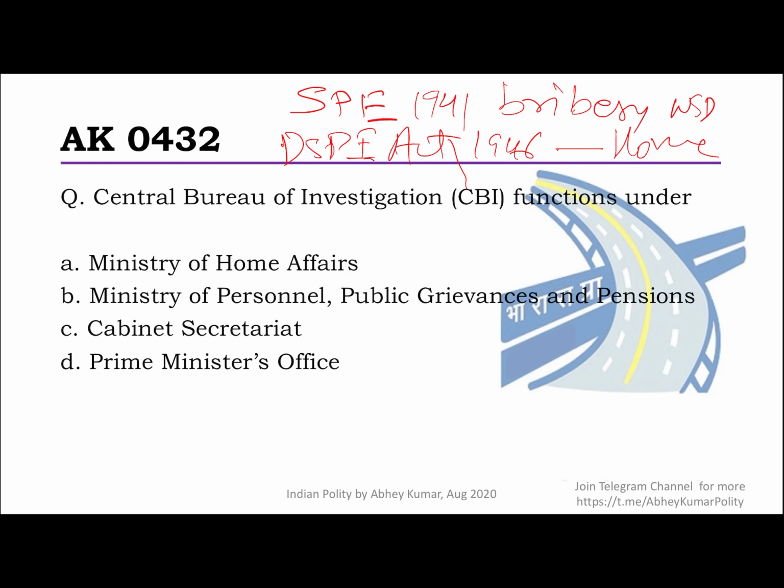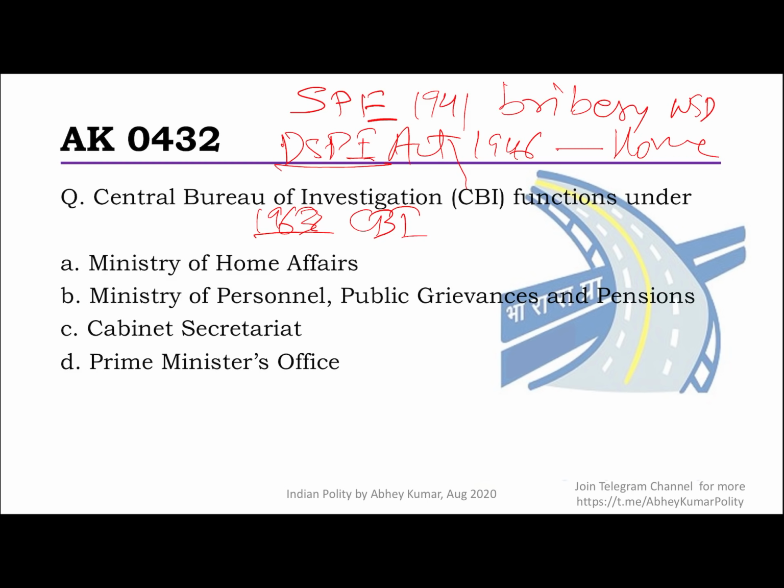The DSPE Act was enacted, and this transferred the superintendence of the Special Police Establishment to the Home Department, right? And its functions were enlarged also to cover all the departments of the government of India, all the union territories, and also could be extended to the states with the consent of the state government. Okay, and then much later in 1963, this DSPE acquired its more popular name today, and that is the name called CBI. That was after the Santhanam Committee recommendations. If you remember, 1st of April 1963 it came to existence.